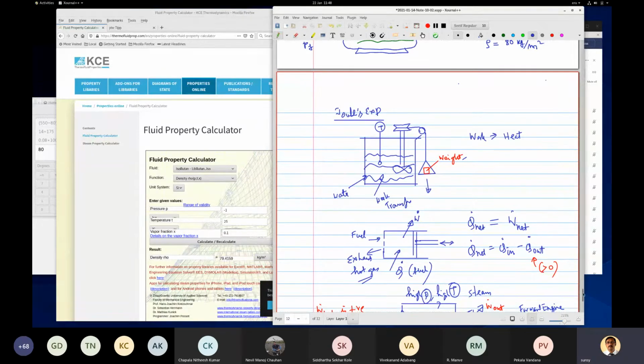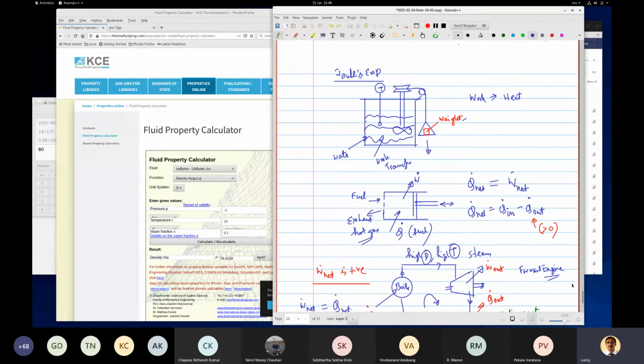So let us look at another device. There are many devices, right? In this case, you have an engine. You burn fuel. That is like putting in energy, some heat, and then there is expansion, right? The fuel burning is like heat supplied, and there is expansion. And then compression again, it goes in a cycle. So there is some net work transfer, right? So you have net heat input and you have work output. Right?